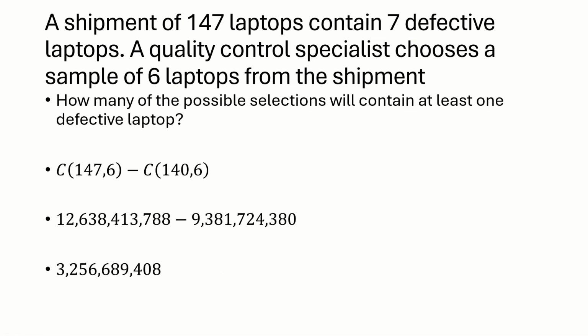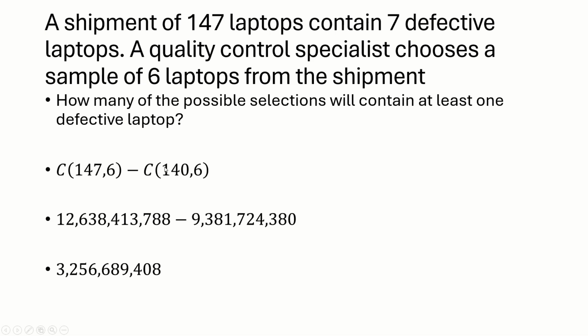Okay. How many of the possible selections will contain at least one defective laptop? This one, we're going to look at the complement. So we're looking at all possible selections, but we're going to subtract all selections that have no defective laptops. So the first one represents all combinations of laptops,